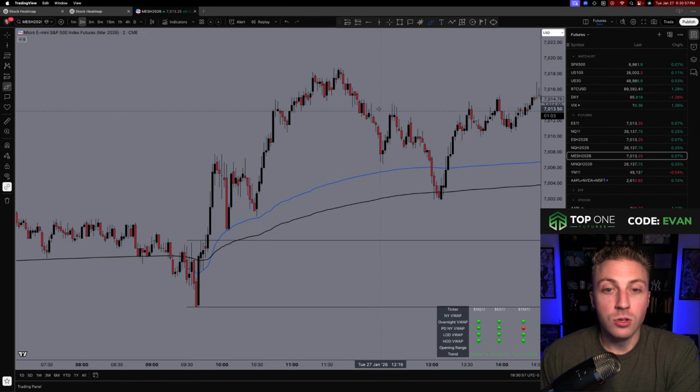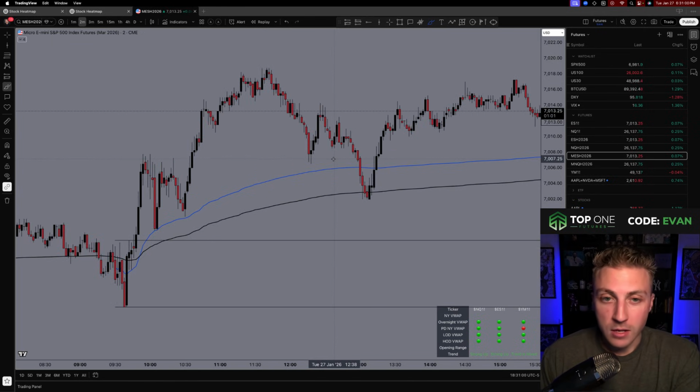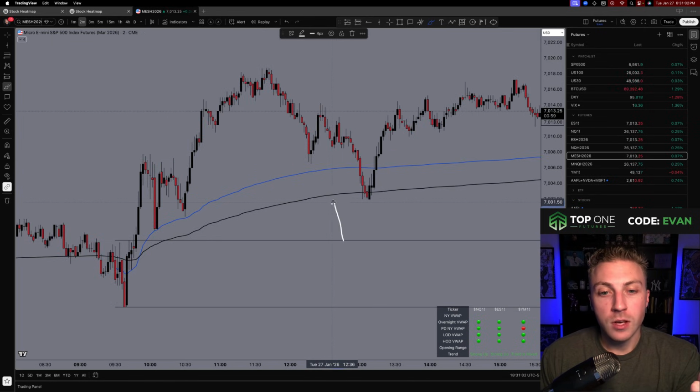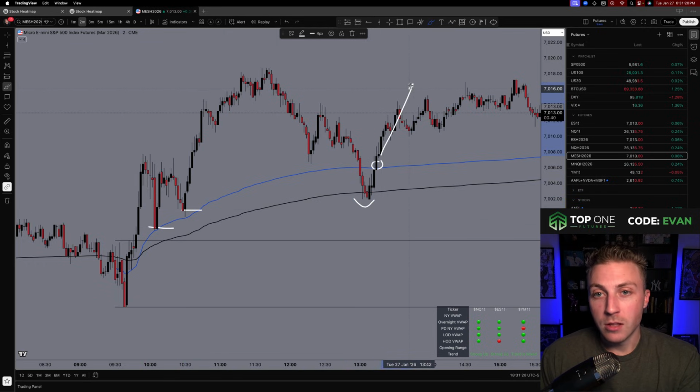You see now the New York VWAP turned blue, like we looked at in another markup. And that overnight from the 6 p.m. Eastern changeover of day, that's the black one. If sellers take this VWAP, then yeah, we might be coming lower. Sellers are fully in control. But let's see how we handle this one. So once we bounce off that, there's our higher low from back here, right, where I took the trade. Then it gets back above both VWAPs, and now there's another viable long to trade the trend continuation.